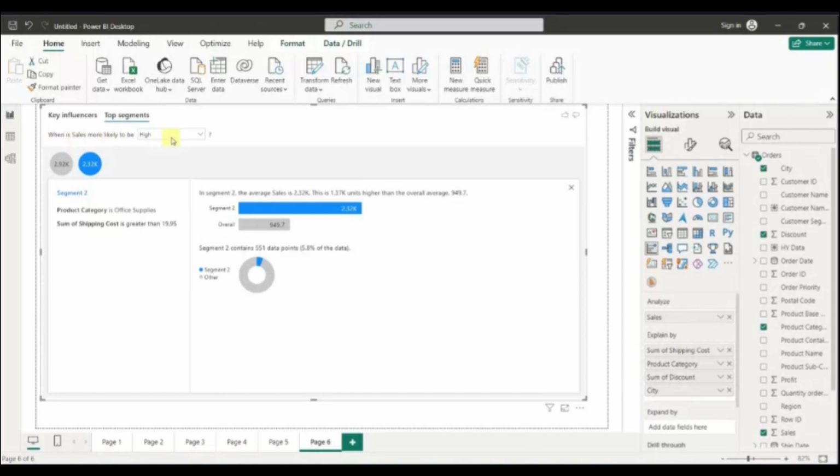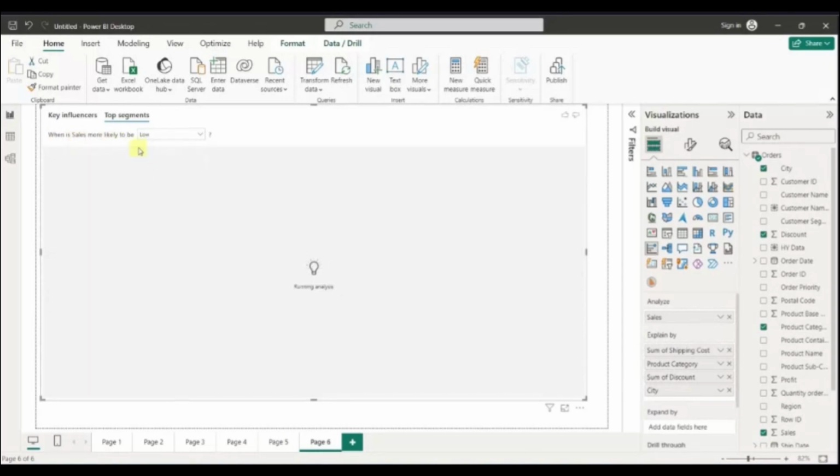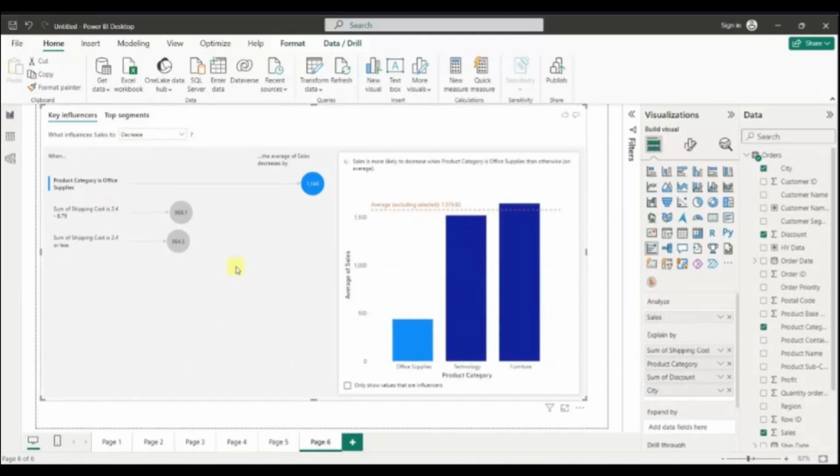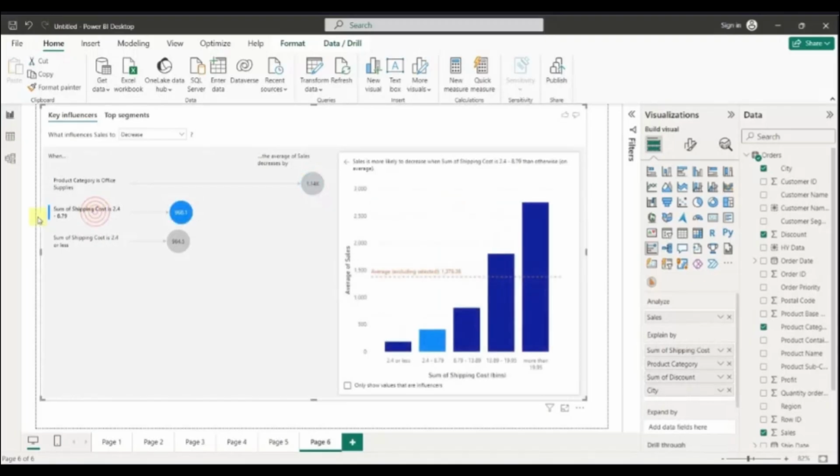When is sales more likely to be low, for example, what will happen? So here you can see, if it is office supplies, it is just reversing the things here, and when shipping cost is between 2.4 to 8.79, then it will influence your sales. So this is a case where Power BI is generating some insights for you which you can use to increase